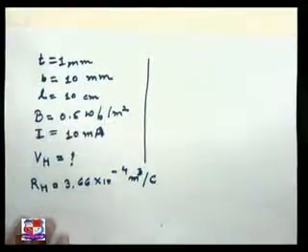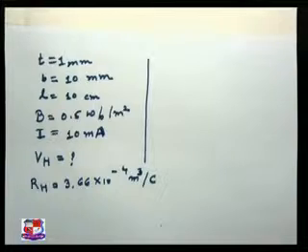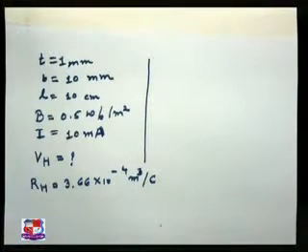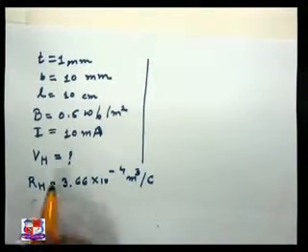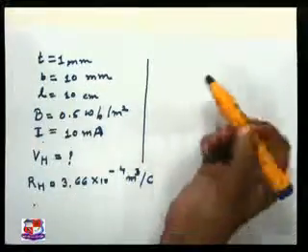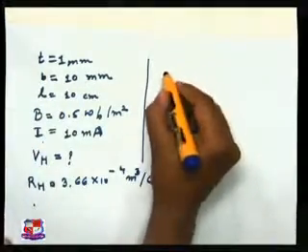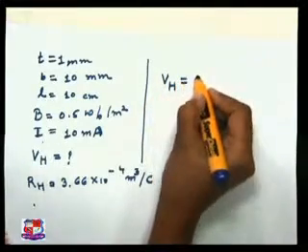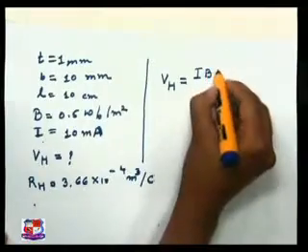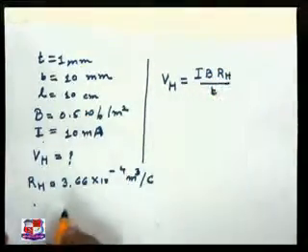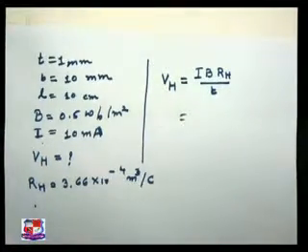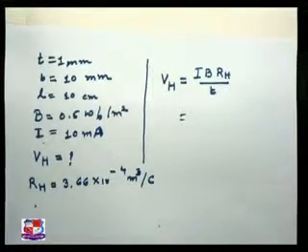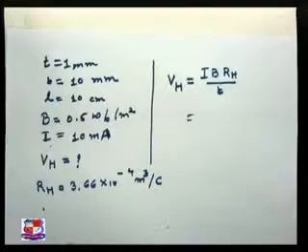Which equation will we be using? Just think about that. Which equation can be used here? We have to find out the Hall voltage. We are given R H, I, B, and also L, B, T, all of them. We can find out the Hall voltage using V H is equal to R H I B divided by T. It is a very simple example. Just by substituting the values we can have the value of V H. Is it okay? Okay.